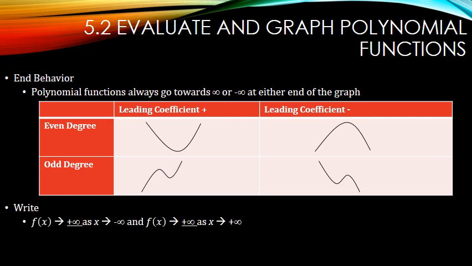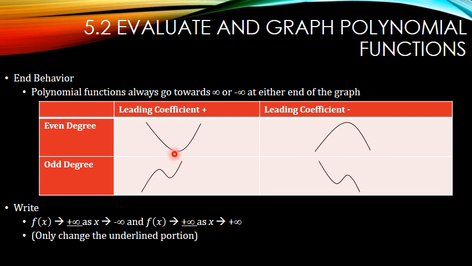So how we write it out is using this sentence. Only thing we replace is the underlined portion. So what this is saying is f of x, that's y, so y goes to positive infinity as x goes to negative. So that means on the left side, the negative side, the y values are going up. And this says the y values are going up as x goes positive. So that's to the right. So this is saying on the right side,